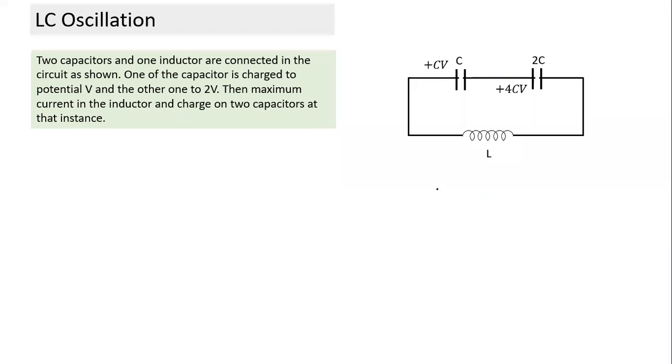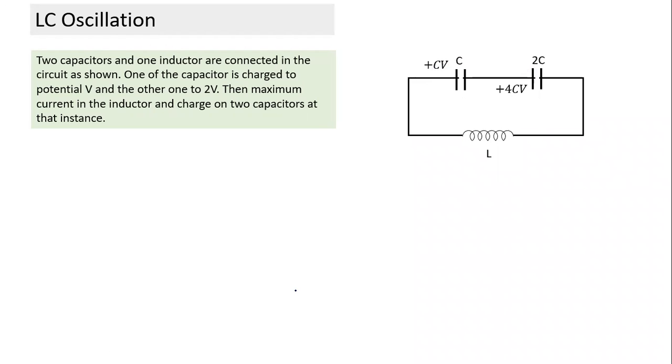A similar question like something like this. Can you all try and solve this question as well? We have changed the question here. So there are two capacitors: one is charged to potential V and the other is charged to potential 2V. So one is C, the other is 2C. Now this becomes a little more tricky. Earlier it was directly Q by 2, which you could have done intuitively. Let's try and solve in this case. How would you form the equation and how do you solve it?